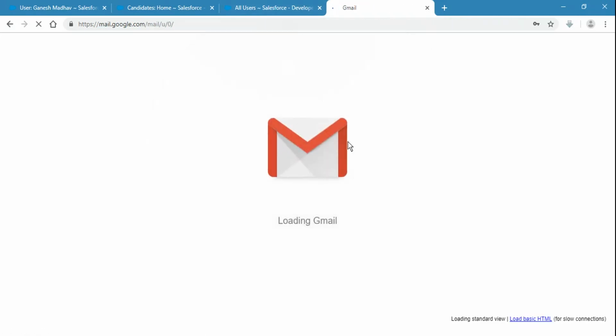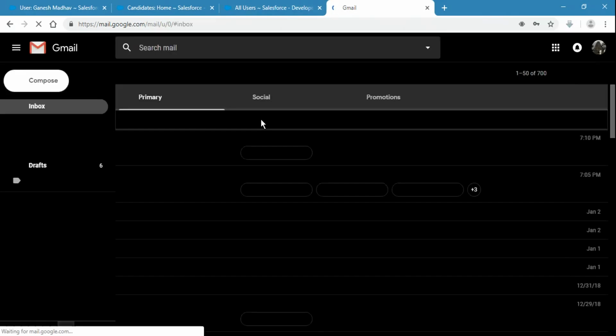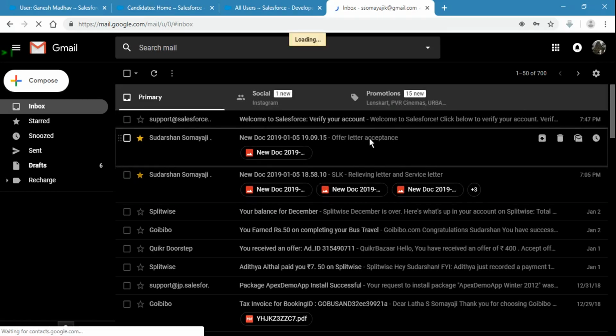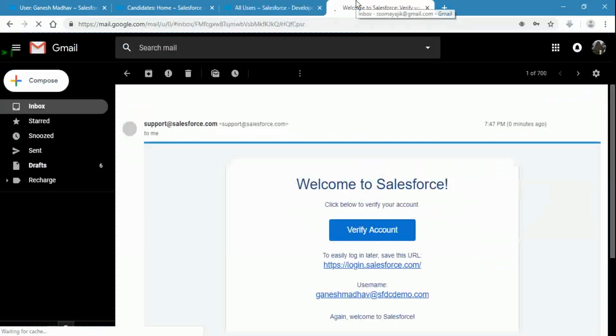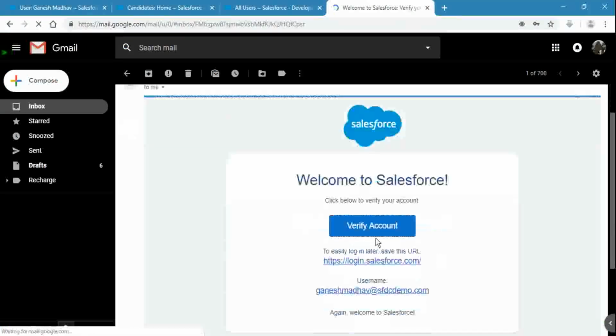This is my mail address. There is a button called verify account. Once I click on verify account,